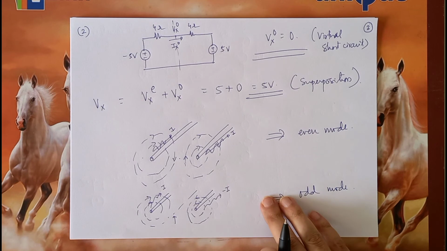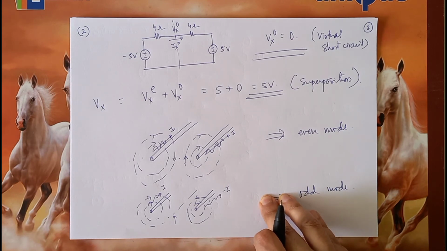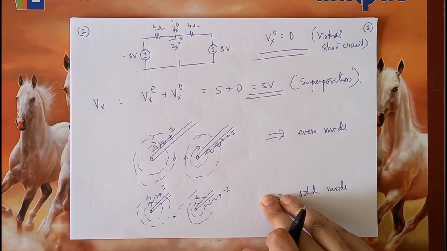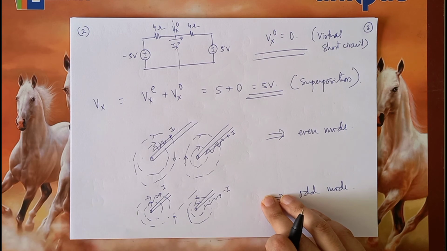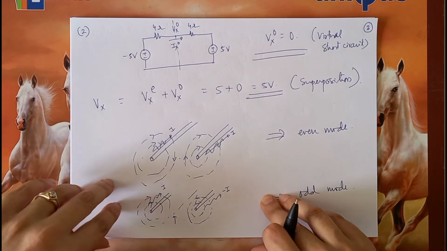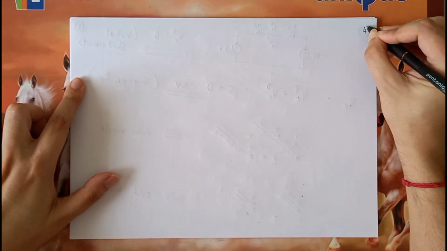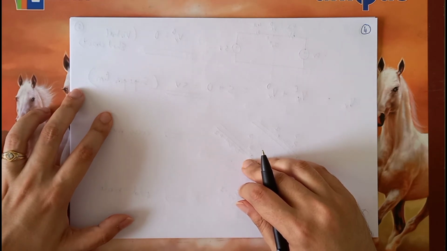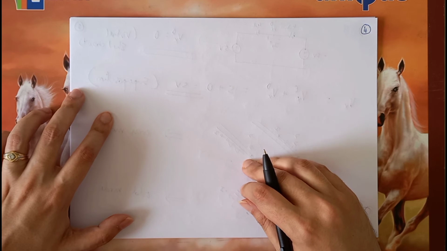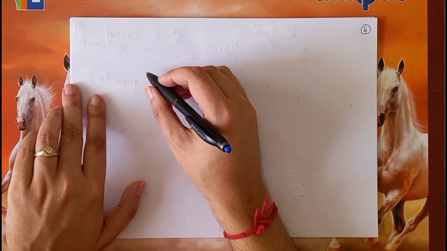Well, having discussed this, let us apply this concept into the analysis of the Wilkinson power divider. So, what we will do, the first thing about the even and odd mode analysis is that we need to identify a line of symmetry where we can claim that the voltage or current would be 0 in the odd mode or the even mode respectively. So, if we look at the top view,